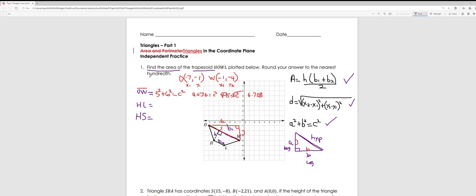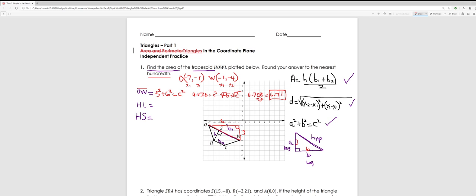Okay, notice they want you to round to the nearest hundredth. So the hundredth is my 0. What you do is you look to your right, and because it's 5 or more, you add a 1 to the 0, so that would be 6.71. So my distance for OW is 6.71. So you want to do the same thing with HL, and I'm going to help you